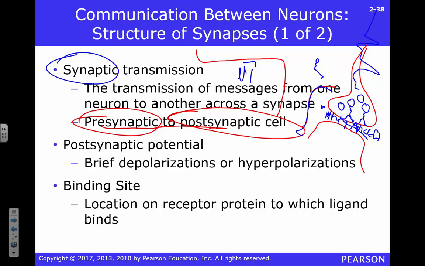We have this concept of a postsynaptic potential. When we're talking about potential, we're talking about changes in that electrical current, right? These could either be a depolarization or a hyperpolarization. Remember, we can open sodium channels or we can open chloride channels, right? It doesn't matter. We open chloride channels, a bunch of negative ions flood in. We're going to hyperpolarize that guy, and he's like, I'm not doing an action potential. Forget it.